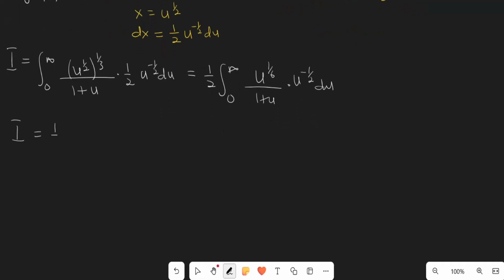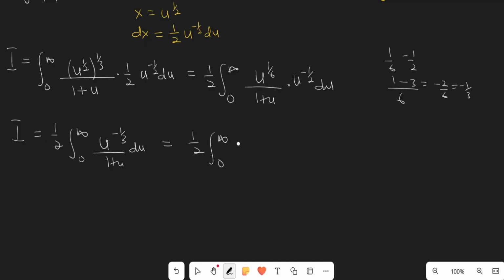So I is going to be 1/2 the integral from 0 to infinity of u raised to the power 1 over 6 minus 1 over 2. That's 1 minus 3 over 6, which is negative 2 over 6, and that is negative 1 over 3. My bad. So u is going to be raised to the power negative 1 over 3 in the end, over 1 plus u du. And that is 1/2 the integral from 0 to infinity of u raised to the power 2 over 3 minus 1, all over 1 plus u